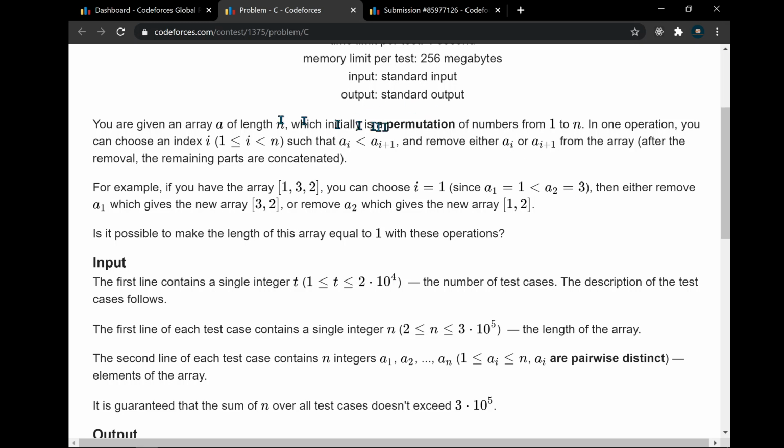So we would be given a permutation. A permutation is a sequence consisting of numbers from only 1 to n in any order, and what we can do is we can choose any two adjacent indices, that means i and i plus 1, and if a of i is less than a of i plus 1, that means the i plus 1th element is greater, then we can remove either of them. So we have an option of removing either this or this from the array,